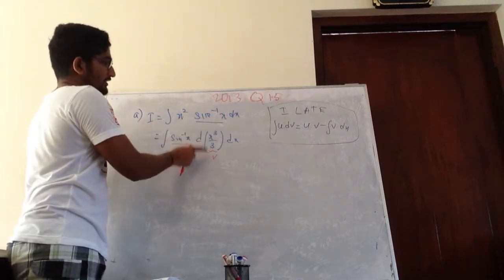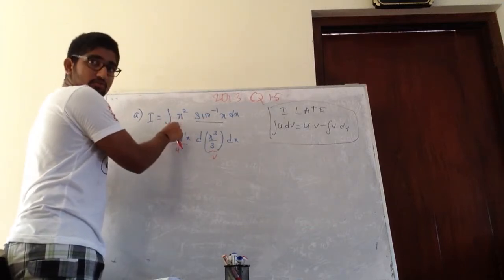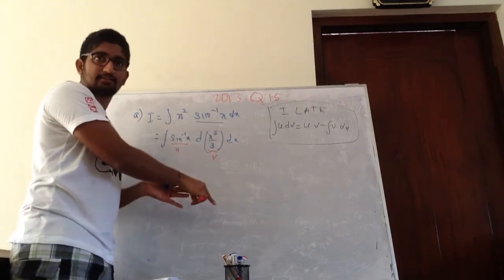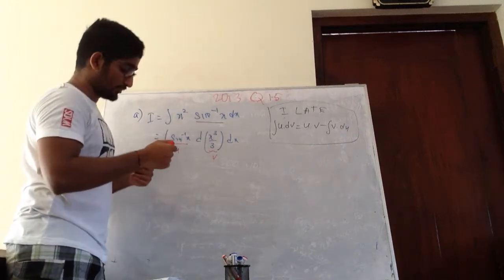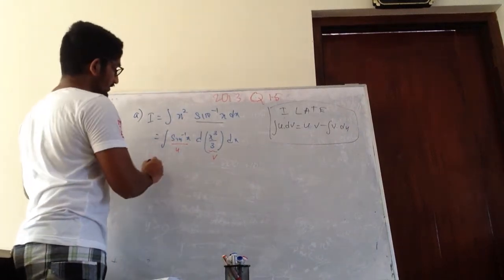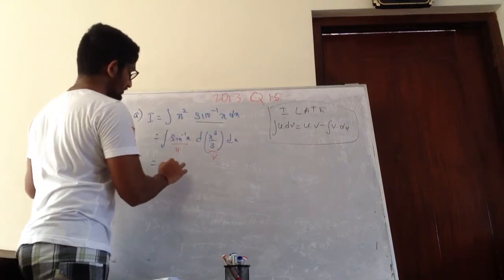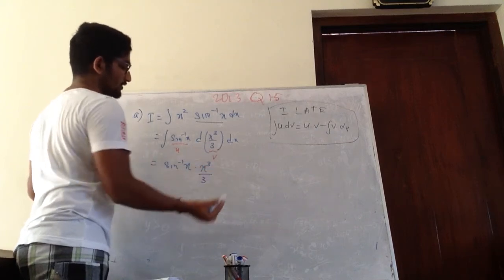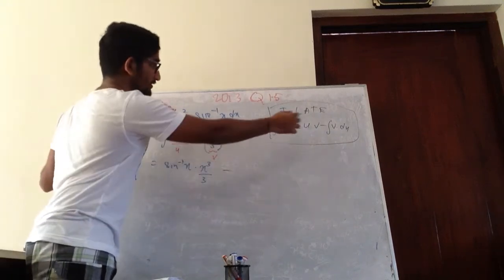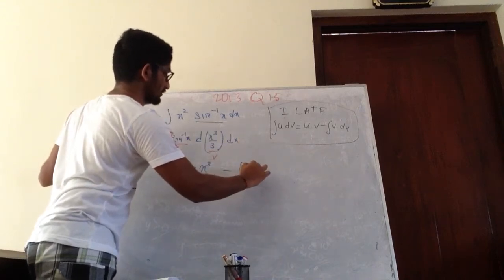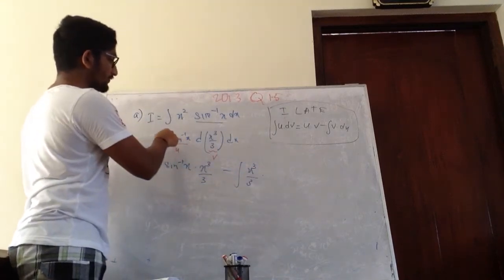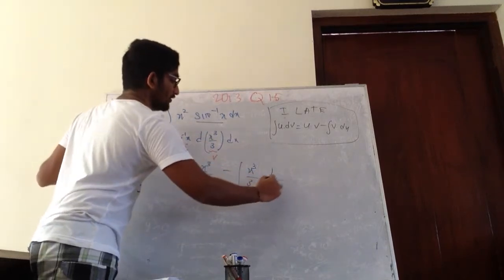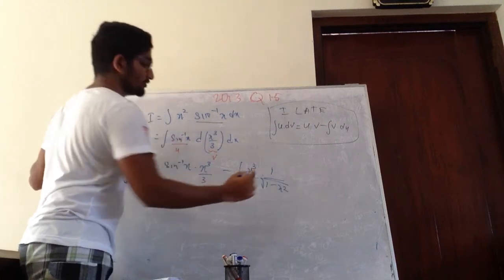So if you differentiate this you will get this, right? So that is how you get v. As I said before, you basically integrate this part to get the v. So you will get uv. That means sine inverse x times v, what is v? X cube over 3. Minus then what? The integral of v, what is v? This. Then you differentiate this. If you differentiate sine inverse, that means 1 over root of 1 minus x square.